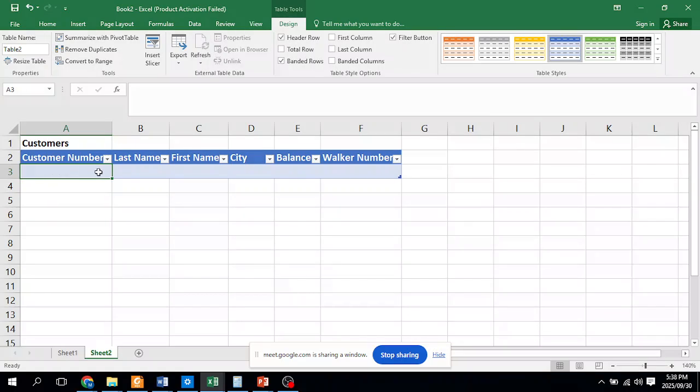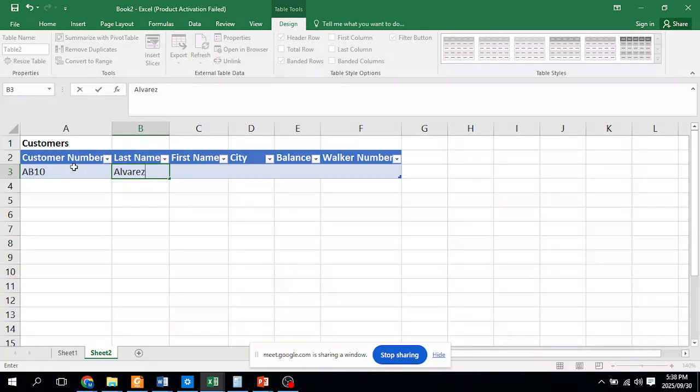That means you're going to go out of your table. So when you enter, start in A3 or start here where you see customer number. And when you start entering, I'm going to say AB10. Now, instead of pressing Enter, you will press Tab. It goes this way. Okay, I'm just entering the first one.